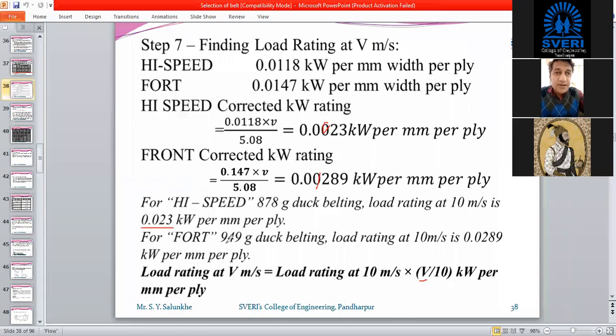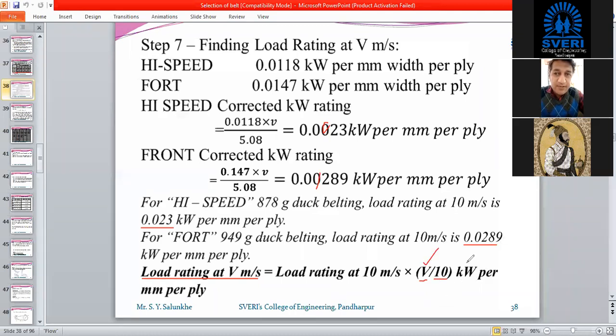For the front, it is 949 G front duck belt. It is coming as 0.0289 kilowatt per mm per ply. So when we are going to calculate load rating for the actual velocity V, it is calculated as load rating at 10 meter per second, that is nothing but this value we have to take, either 0.023 or 0.0289, multiplied with actual velocity divided by 10.